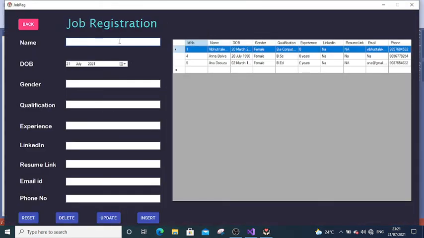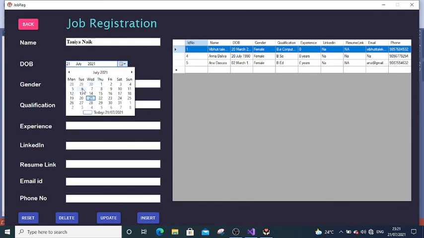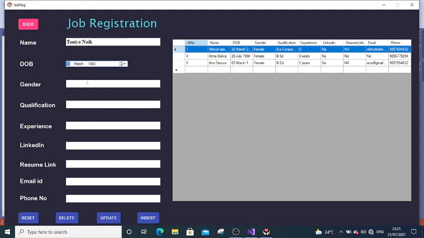So here I'll just enter some dummy data. I'll select her date of birth. Let's say 1993 March 16th. Gender female. Qualification. Experience, let us say 0 years.